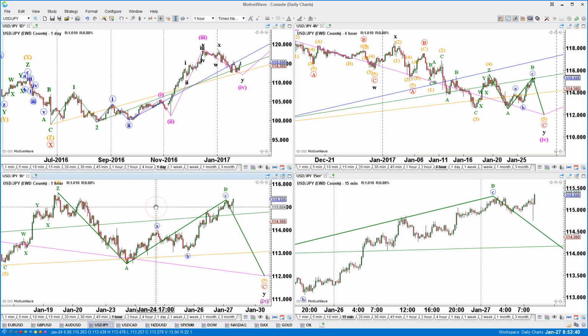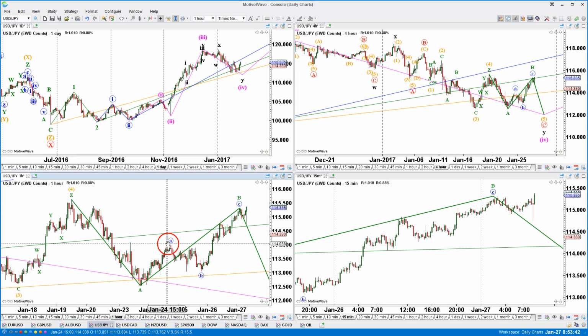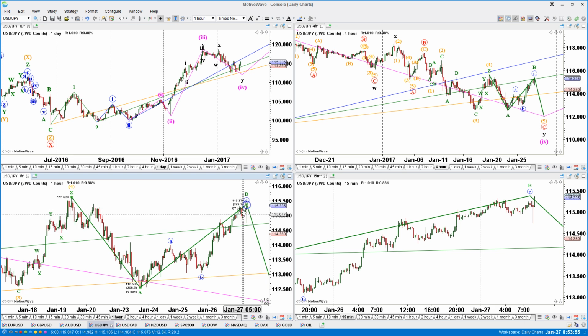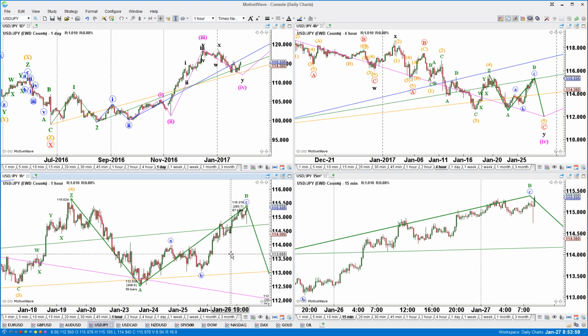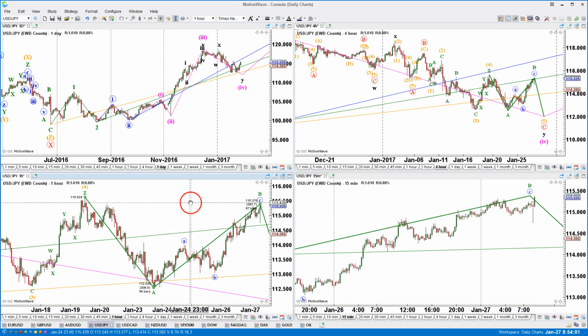What about the dollar yen? The dollar yen has been moving up. As expected, we have this A, B, and C up for the B wave green. The price continues today a little bit higher. We are seeing a really strong USD. In case that we see the breakout of the 115.64,